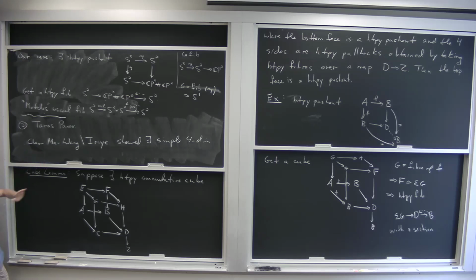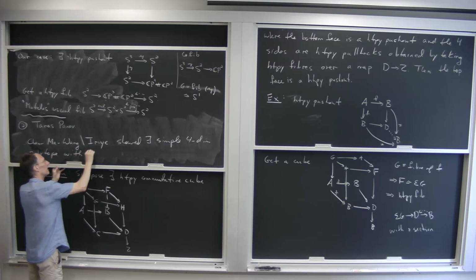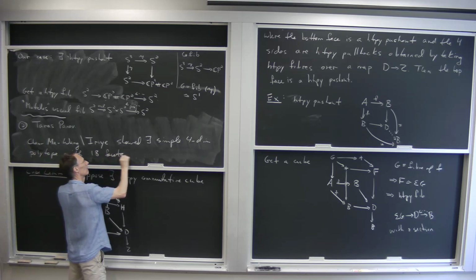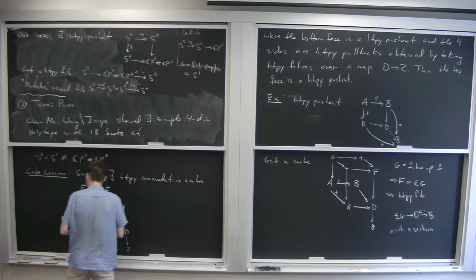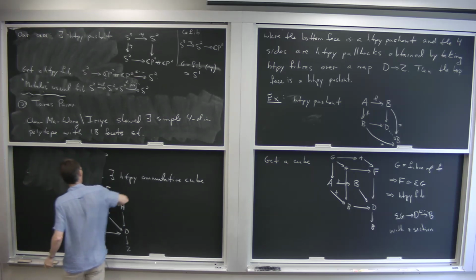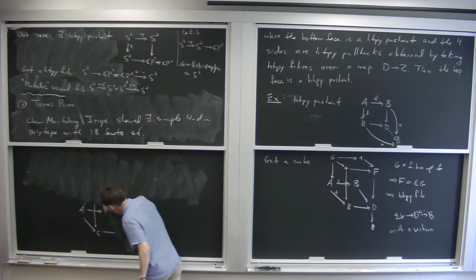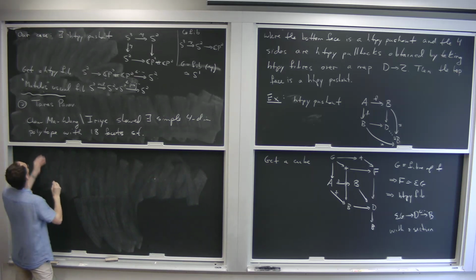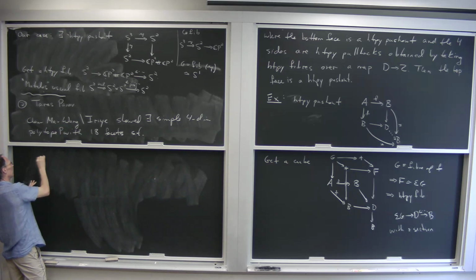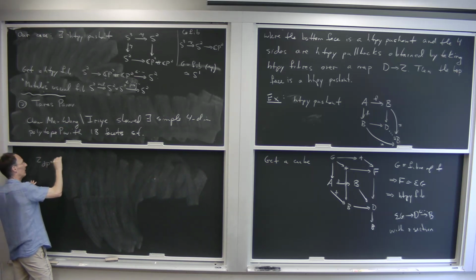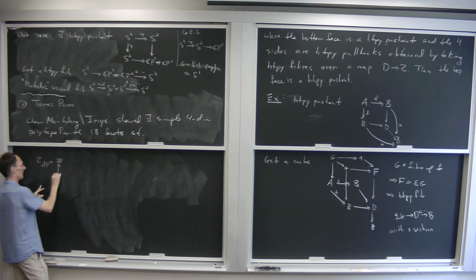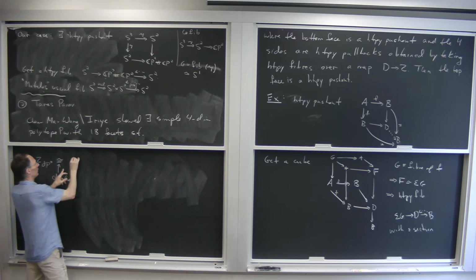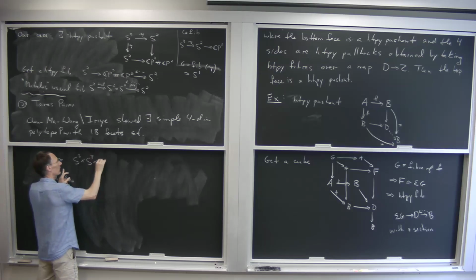Yeah, so Chen, Ma, and Wong, cohomologically, and Erie, geometrically, showed there's a simple four-dimensional polytope with 18 facets that has the property that, we'll call this P, if you look at the corresponding moment angle manifold, it's diffeomorphic to S3 cross S3 cross S6,